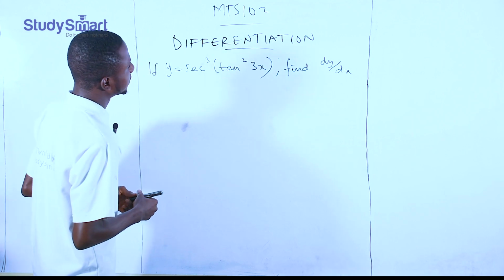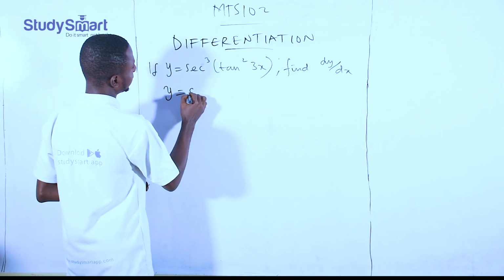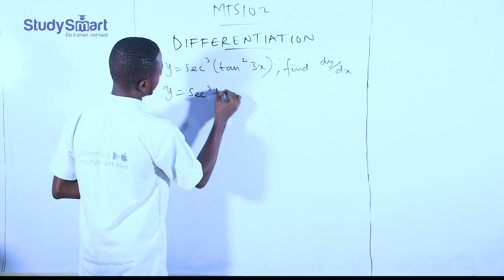We are told to find dy/dx. So how do you go about this? First of all, write out our y. We have this to be sec cube of